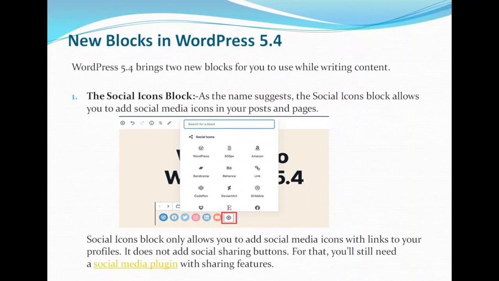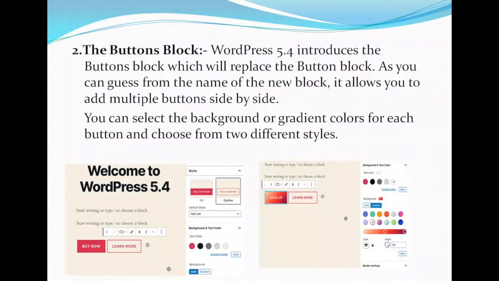Now the next point is the button block. WordPress 5.4 introduced the button block, which will replace the button block. As you can guess from the name of the new block, it allows you to add multiple buttons side by side. Suppose that in any page you need to add some buttons side by side,